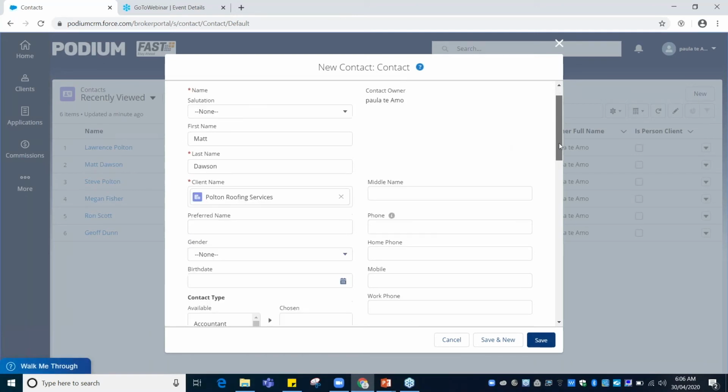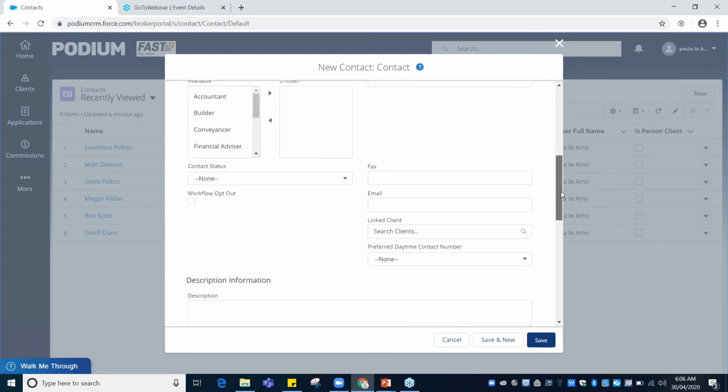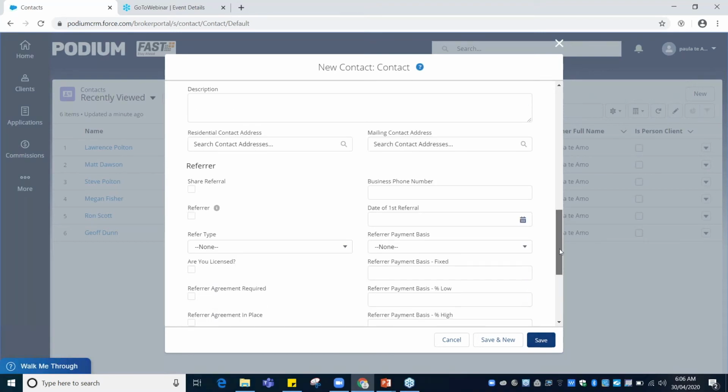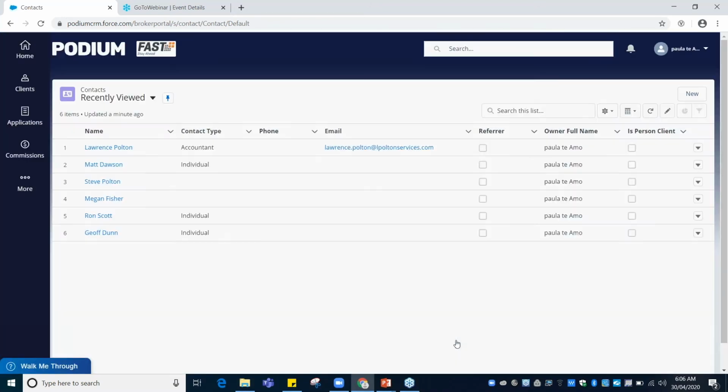Scrolling down the fields, I complete the information that I have. I've already obtained consent for these things. In my description, going down a little bit further, I would have something along the lines of Matt's the full-time roofer for Polton Roofing Services. Once I am satisfied with my entry, I would click Save. So let's have a look at Matt's